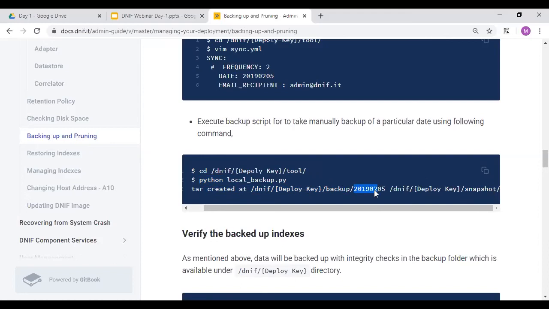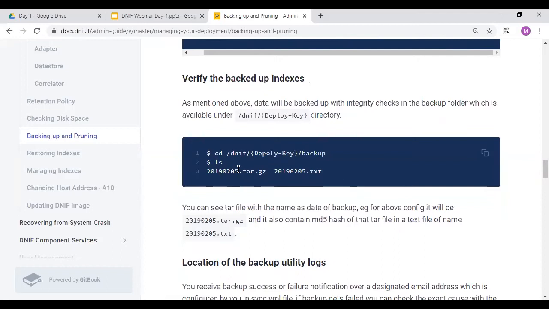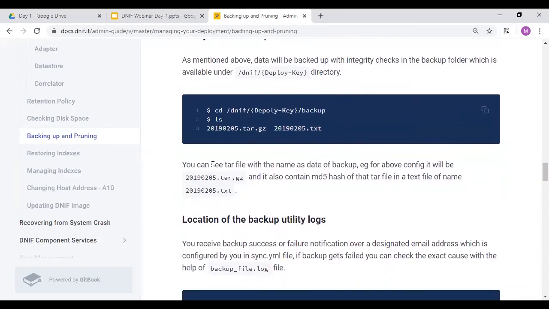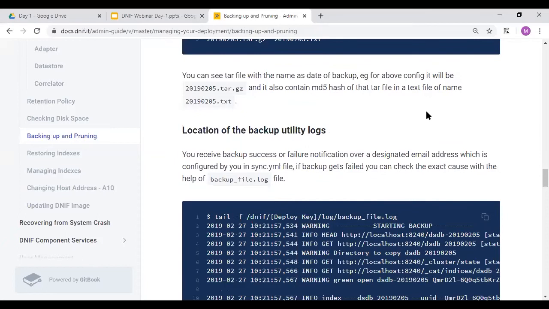You want to see if the backup of the indices was created or not. You can see a tar.gz file and a txt file. The gz file is your actual data, and the txt file consists of the MD5 hashes, message digest 5 hashes, for that particular tar file. You can transfer it through the VPN channel through secure communication. At the same time, you can compress it and send it however you are presenting or sending. So you can do that.